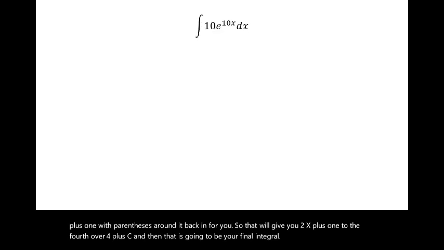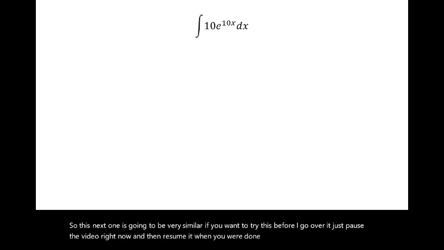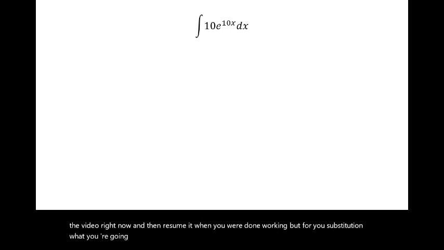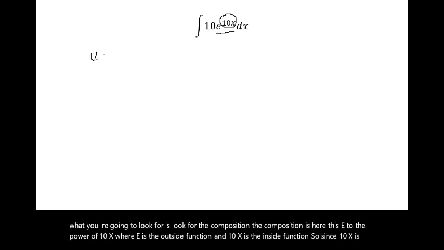So this next one is going to be very similar. If you want to try this before I go over it, just pause the video right now and then resume it when you are done working. But for u-substitution, what you're going to look for is the composition. The composition is here, this e to the power of 10x, where e is the outside function and 10x is the inside function. So since 10x is the inside function, I'm going to let some dummy variable u equal my